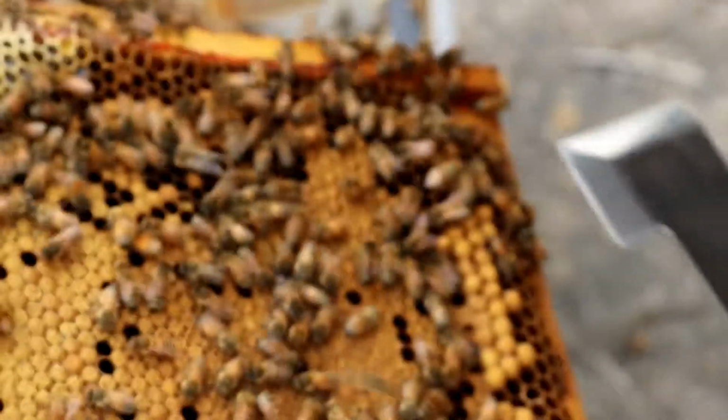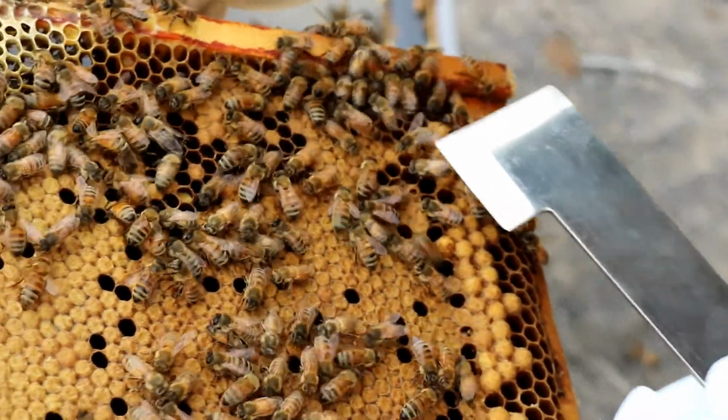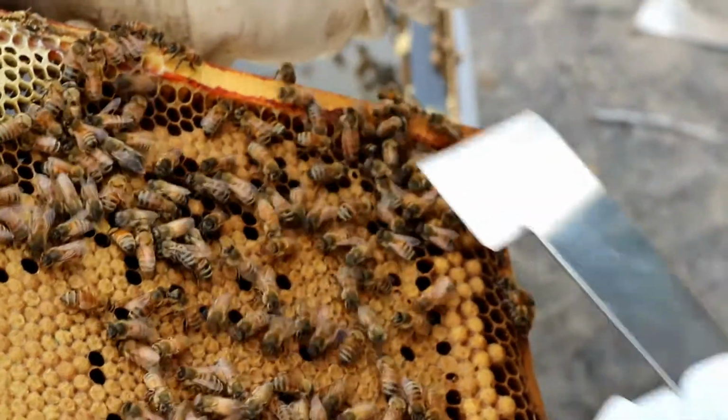She just has a longer abdomen than most of the other bees. She's a little bit bigger than the worker bee, not as fat and chubby as the drones. She's a little more slender, more elegant, like a queen. But if you don't see her while you're pulling out frames,